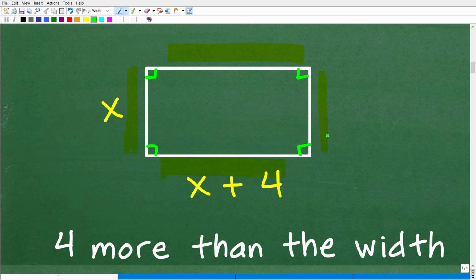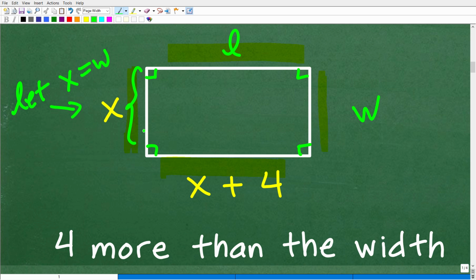Now, let's get back to this variable stuff. We don't know the width and we don't know the length. So we need to think about where we could assign a variable. So I decided to let x equal the width of this rectangle, okay? So if x is the width and the length is 4 more than the width, you